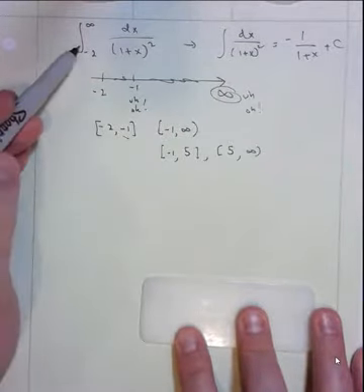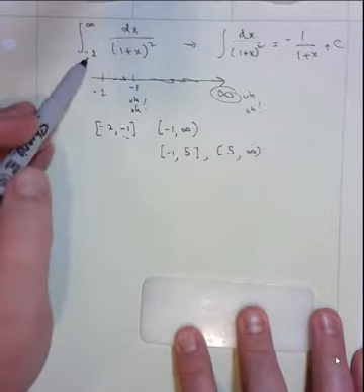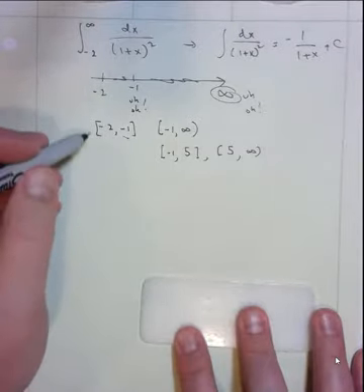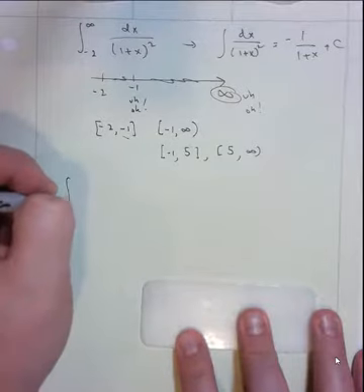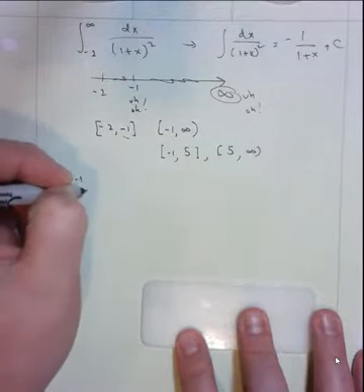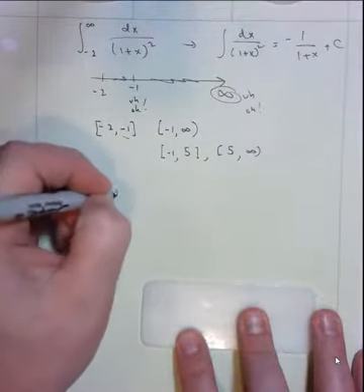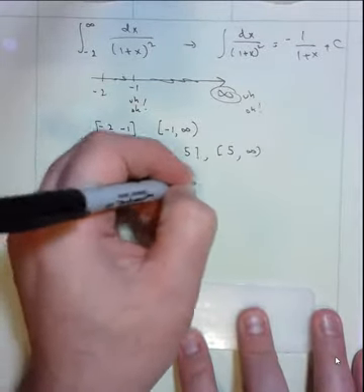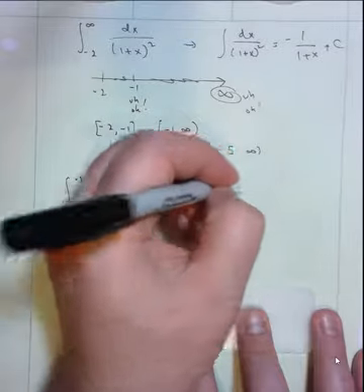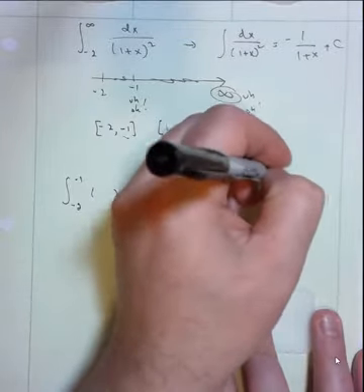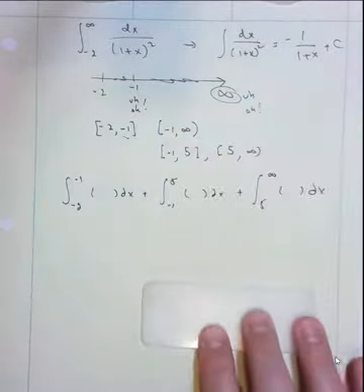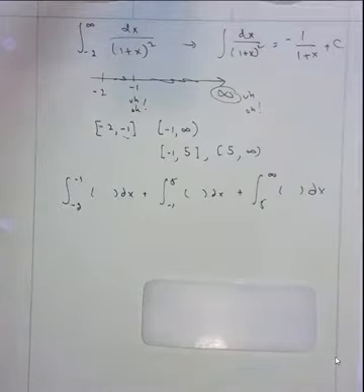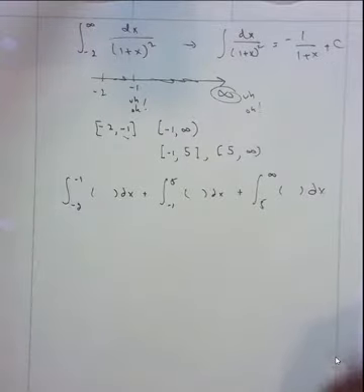And so to do this integration from negative 2 to infinity, we really have to break it up into three subintegrals over three subintervals,